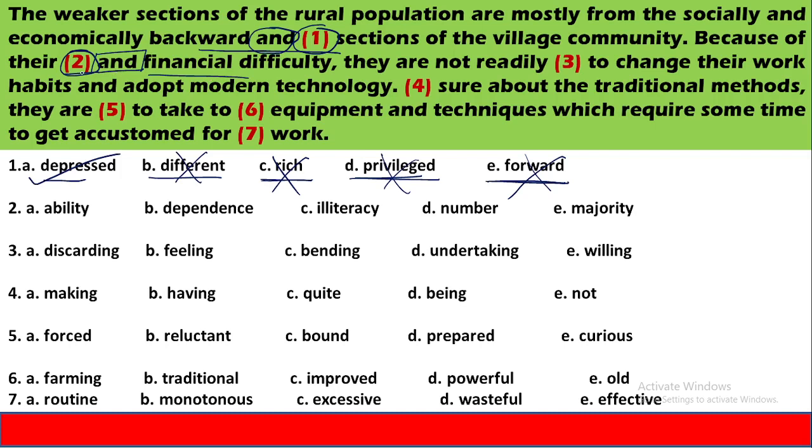So what are the words that we can consider? Ability, it's a neutral word. It is neither a negative word nor a positive word. If somebody is positively able, that will be called capable, or if somebody is enabled, that will be enable.